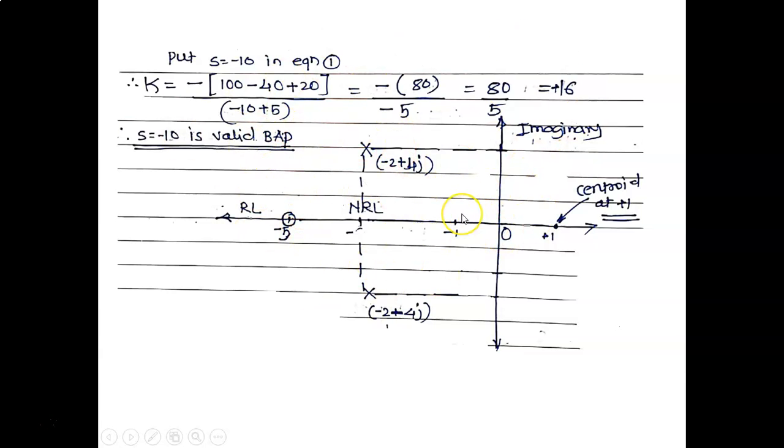Root locus region. What are the poles? First of all, we will see the poles and zeros. At s is equal to minus 5, one zero is there. Therefore, this is zero. And what are our poles? Minus 2 plus 4j and minus 2 minus 4j. Therefore,